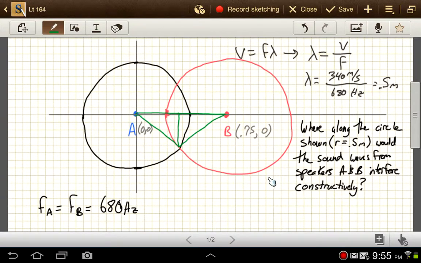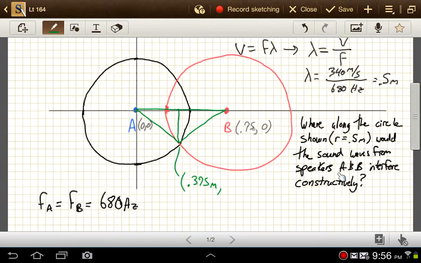So this point is going to have an x-coordinate of just 0.75 divided by 2, so 0.375 meters. And I should write that this is meters also. We need to get the y-coordinate, and then we'll have the mirror image for it as well. So this point is going to be that point of constructive interference as well. So each one of these is a little right triangle, these guys right here, and for each one we know the hypotenuse is 0.5 meters. And we know that this leg is